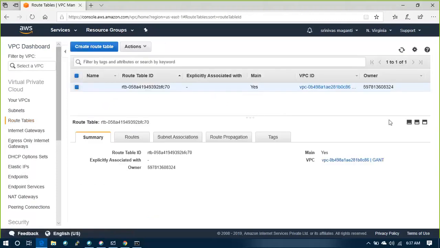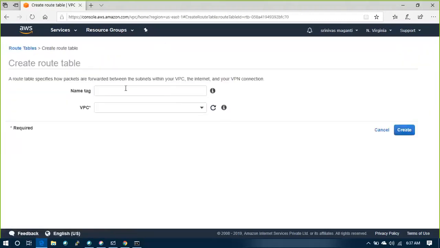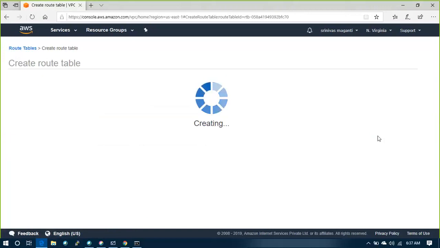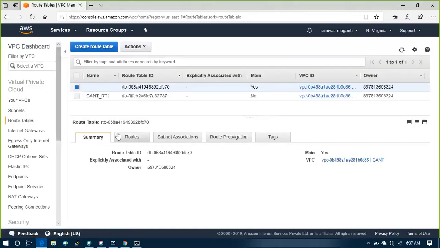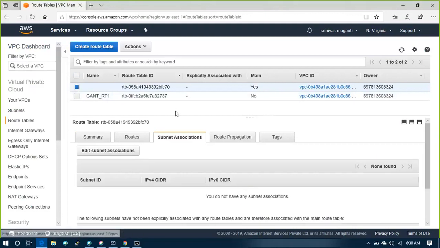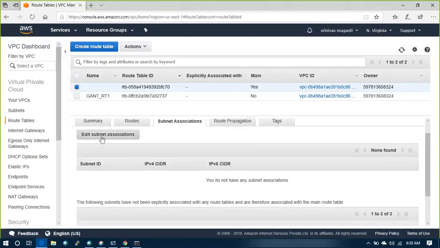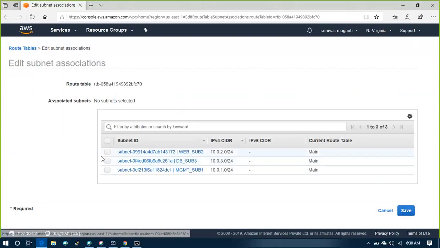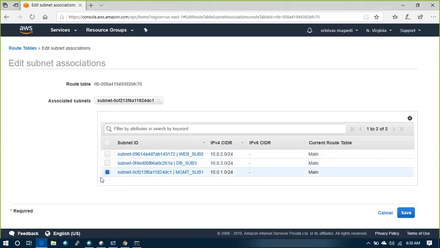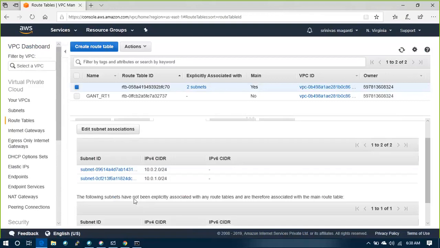Routing table. You need to create a new route table. Okay, and_route table 1. Right. Route table has been created, and in the subnet associations, here is the tricky part. You should not select DB to the main route table. So what you have to do? You have to create management. You have to associate management and web. These two are